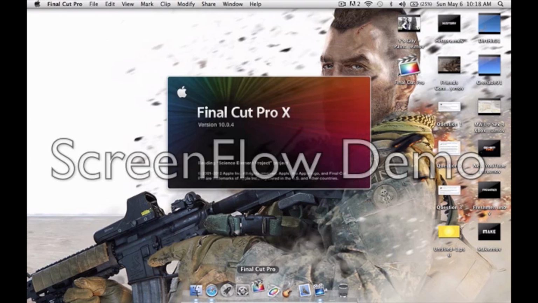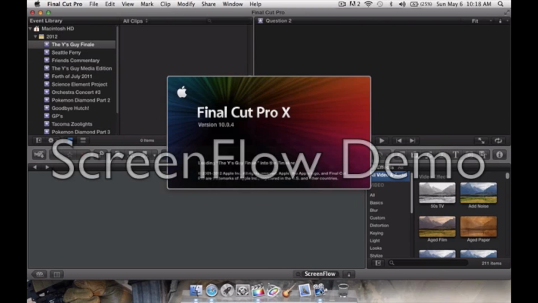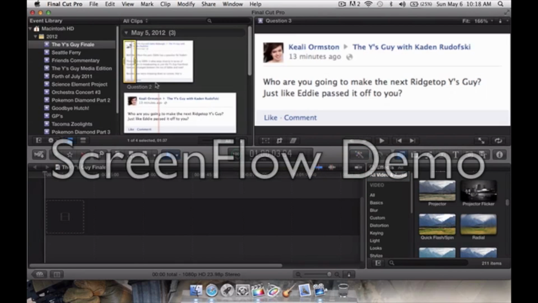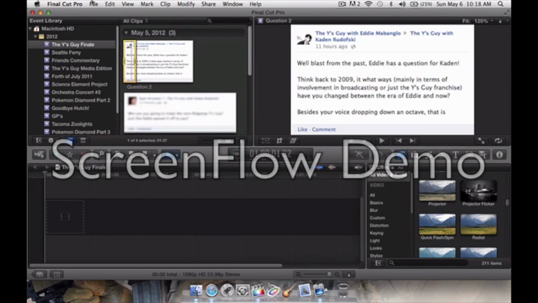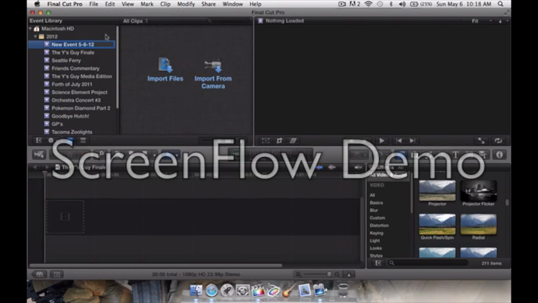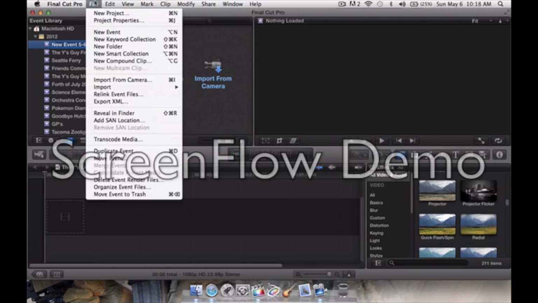and it does open relatively quickly as long as you're not using any other programs. I am using ScreenFlow, as you can see right here. So it may be a little slower than usual, and I don't necessarily have the best computer in the world. But anyway, I'm gonna block those out in my final project. But anyway, to get started, or if this is your first time opening the program, you'll have one event, and